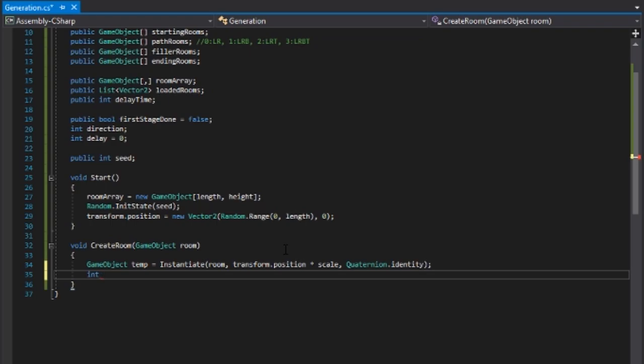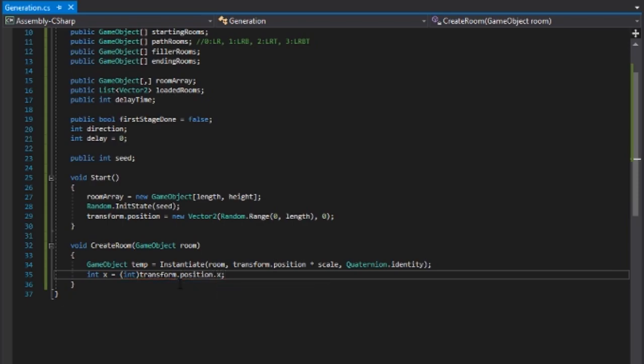So what we're also going to want to do is get the x and y positions from our transform position, because the transform position is technically a float instead of an integer. So we have to do a little conversion using a cast. The transform is always going to be set to an integer number, but Unity doesn't know that, so we have to tell it in C#. So that will just be casting it to int